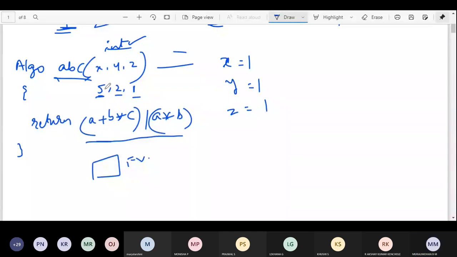Okay. Is this right? So whatever the code we are writing here, is this right?